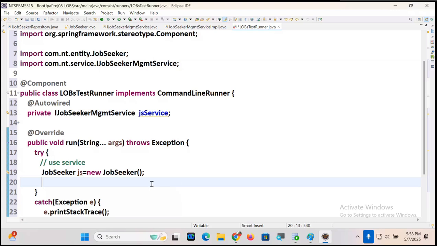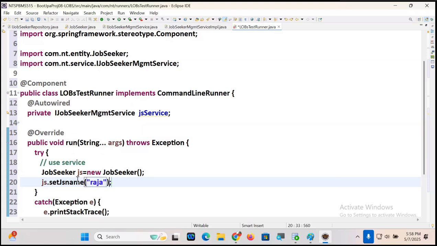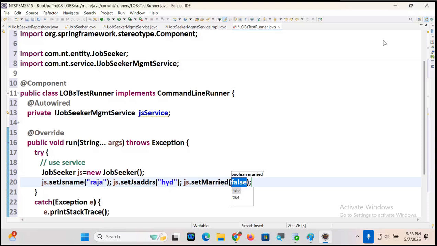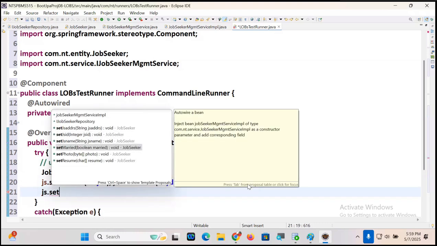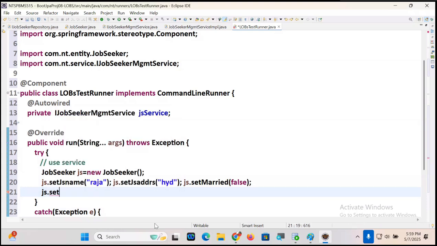That's great now, my dear. Come on, everyone. Yes, guys. js dot setJsName, Raja. js dot setJsAddress, Hyderabad. js dot setMarried, a boolean value, boss. Okay, false or true, whatever it is. js dot, tell me, setPhoto, setResume. These are the two things that are there now. Okay. Now,